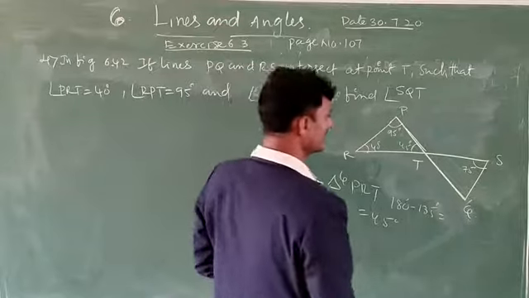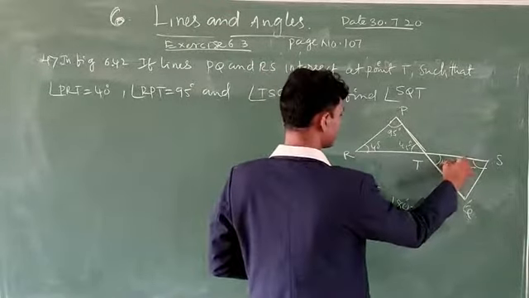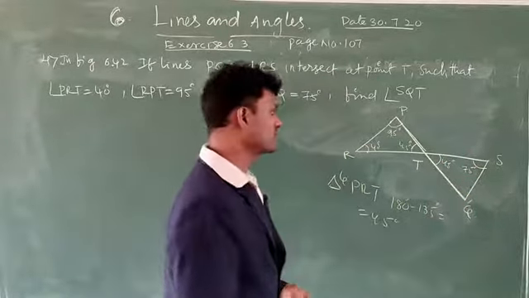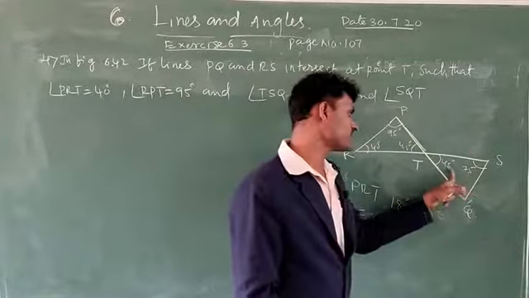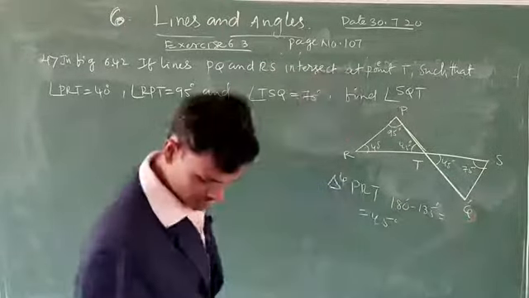Okay. Now see here, these two are vertically opposite angles. Then this is also 45 degrees. Now you can apply here, the sum of these three angles is equal to how many degrees? 180. They are 75 plus 45, 120 degrees. 120 degrees means this is 60 degrees. Okay, you can try at home.